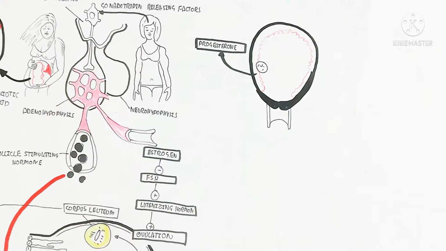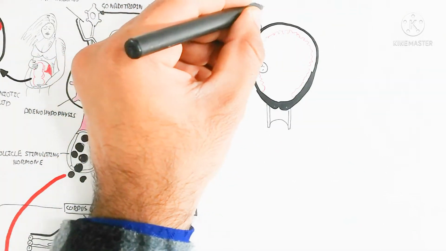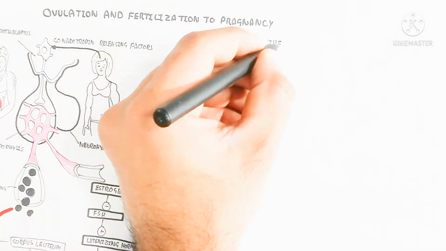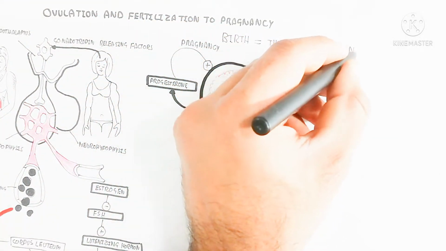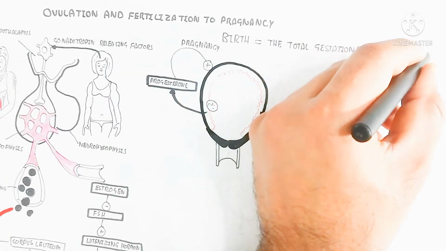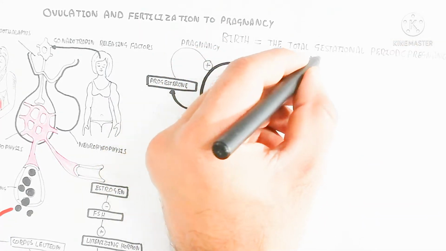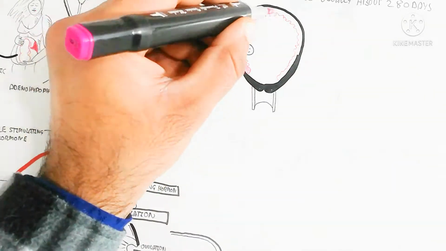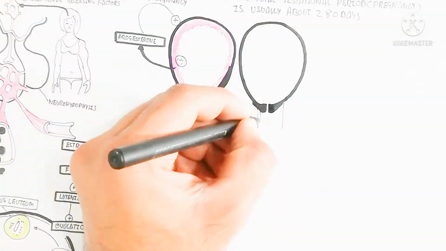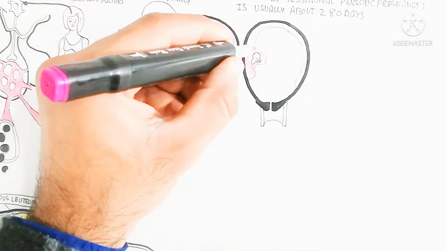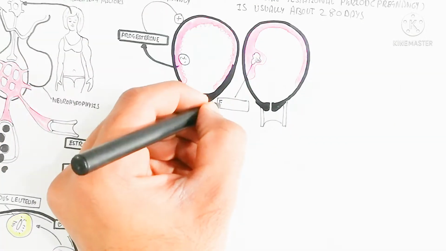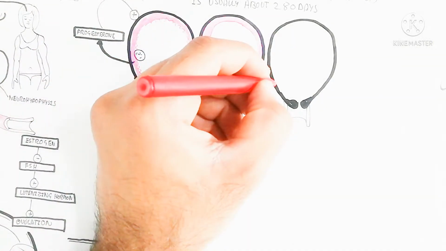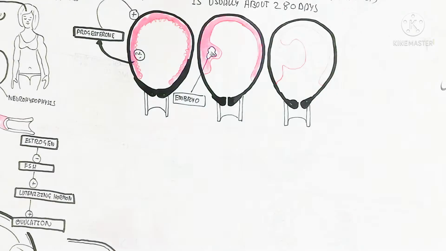First is the receiving and gastrulation formation and other things. So this is the progesterone we release from the endometrium also. The placenta releases the progesterone, which maintains the pregnancy. If the progesterone level goes down, a miscarriage will occur. So the birth is the total gestation period; pregnancy is usually about 280 days. So here after the embryo formation are the developmental stages and developmental processes, and these developmental processes will produce the